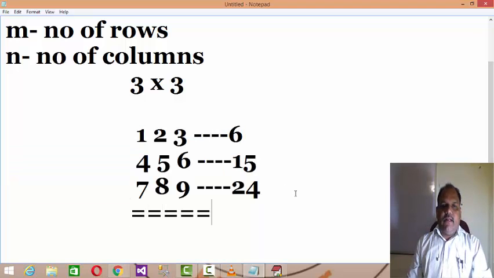Column wise addition means we have to add the elements 1, 4, 7. Here the column wise measure has to be there, meaning for one column the row has to be changed, right? And then you need to add them.